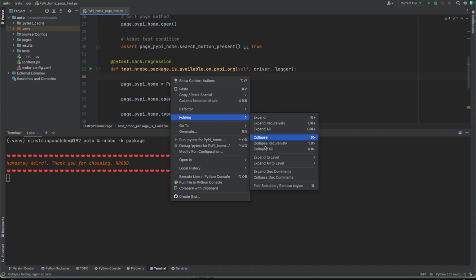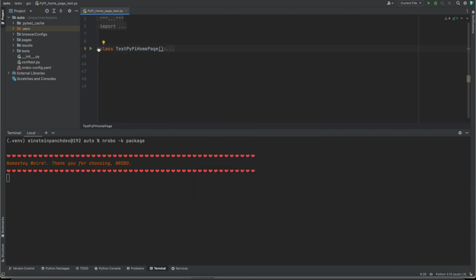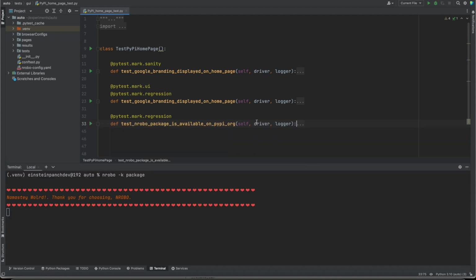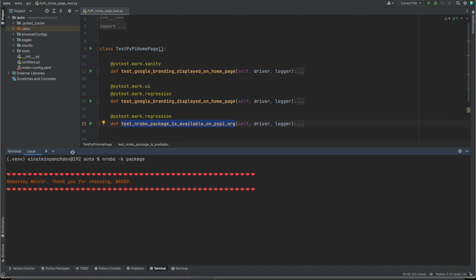So this will only run this test, because I think only this test method has the key package in its name. So this will run only one test. Although it will collect all the tests in the test directory, it will execute only the test having package in its name, that is, test nRoBo package is available on PyPI.org. So the test is running,